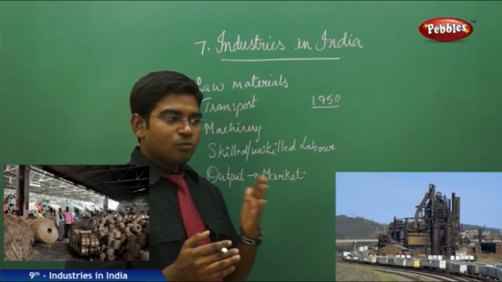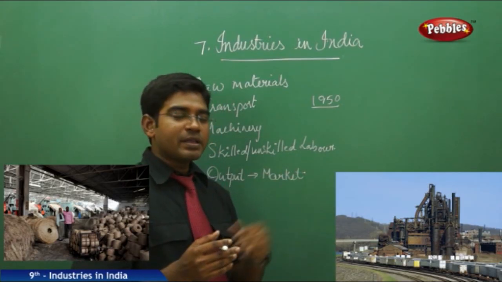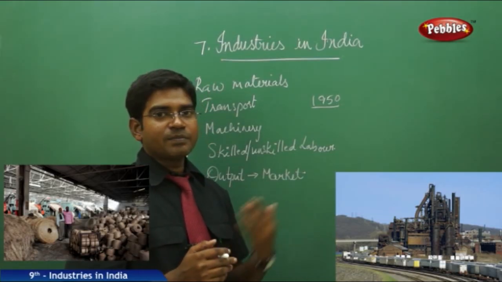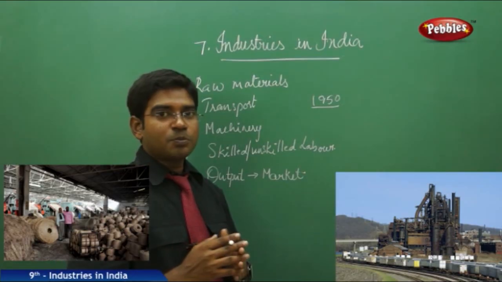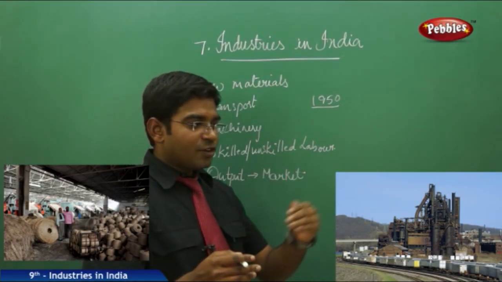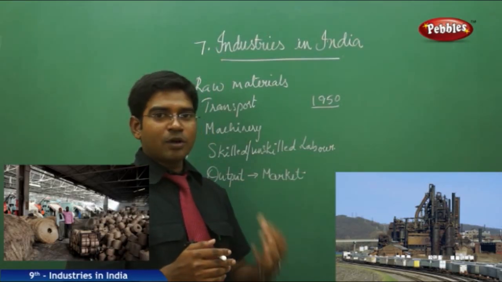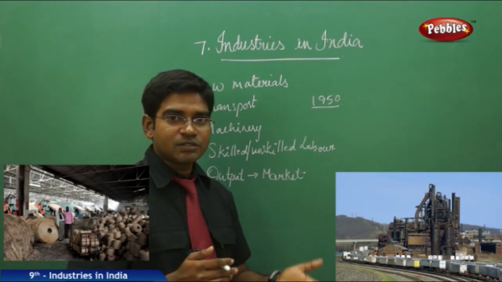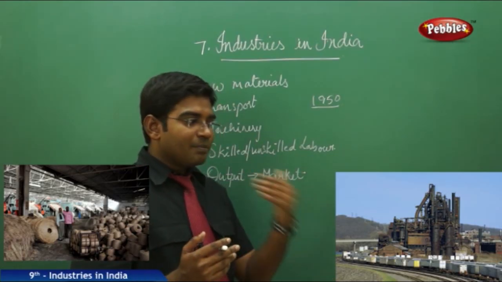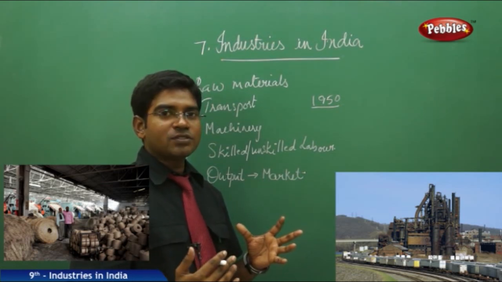And then moving on to the types of industries: based on the investment, we call them small scale industries, medium scale industries and large scale industries. Based on the product output, or on what raw materials they take, if they are based on agricultural output or agriculture related products, we call them agro based industries. If they are based on non-agricultural output, that is called mineral based industries. So like this we have different categories of industries.